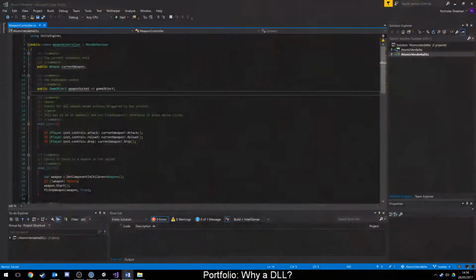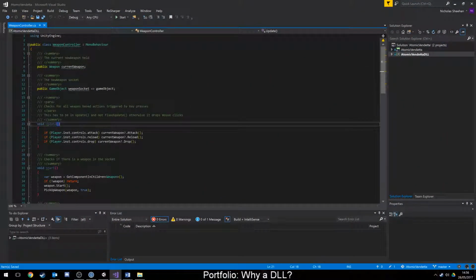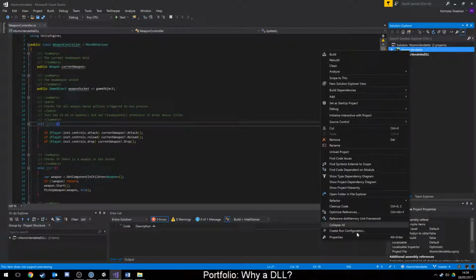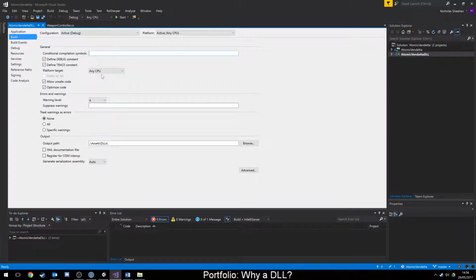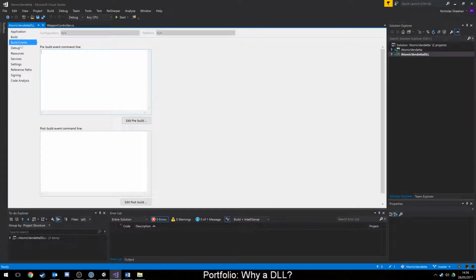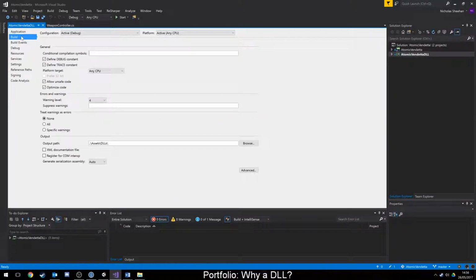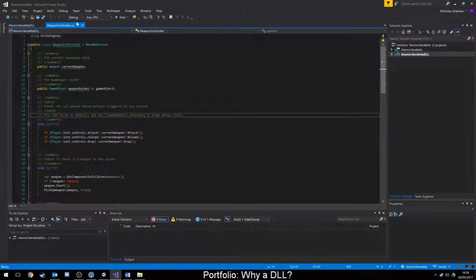So why a DLL? DLLs have more control over how they're built. In Unity, with the default DLL, you can't change the properties of how it's built, whereas with a custom DLL, you can change multiple different parts of that DLL and how it's built, depending on how you want it set up. In terms of how it reacts in Unity, first you would have to manually build by